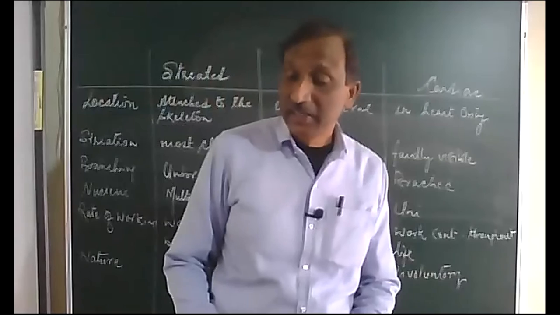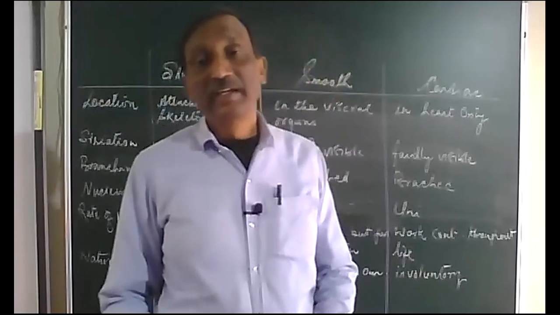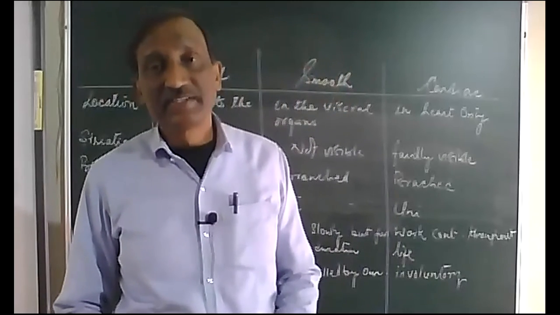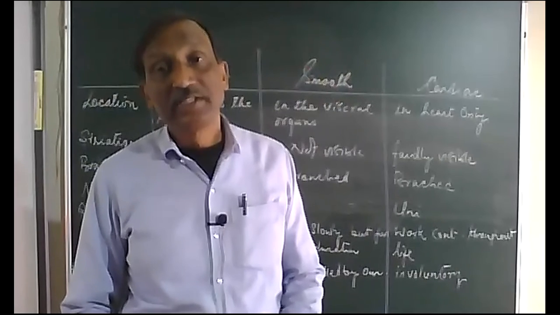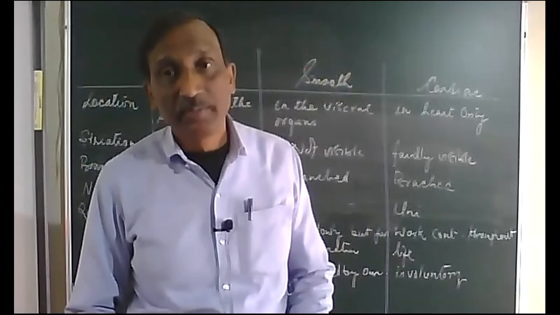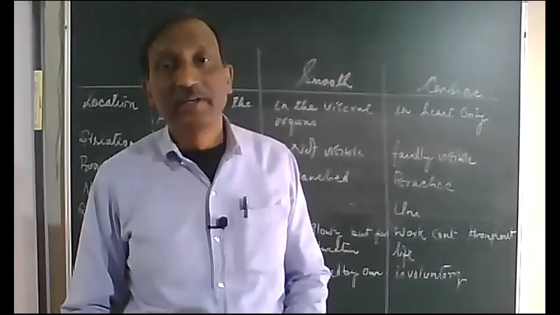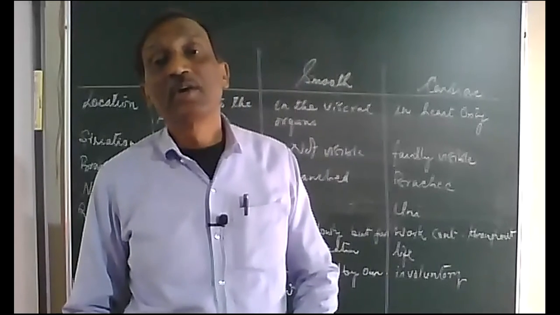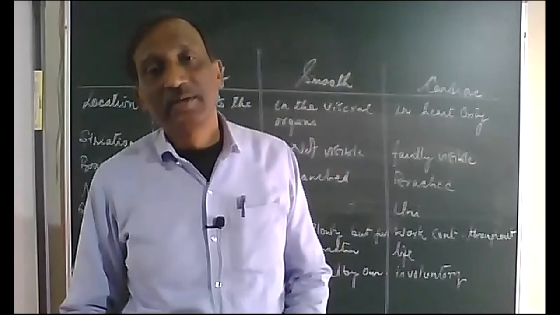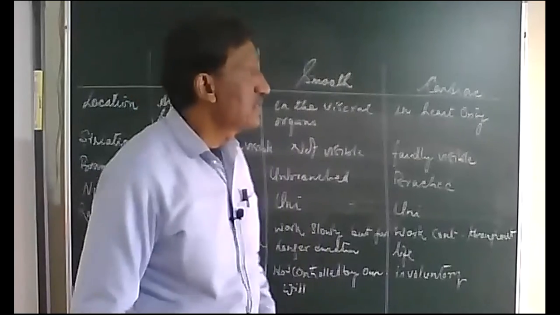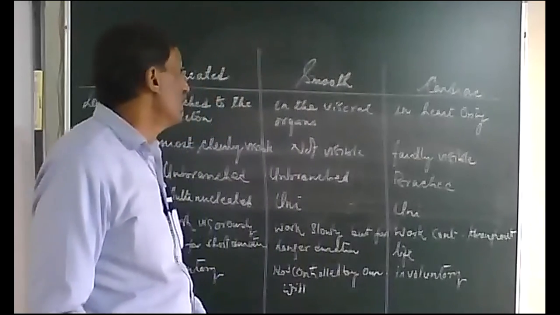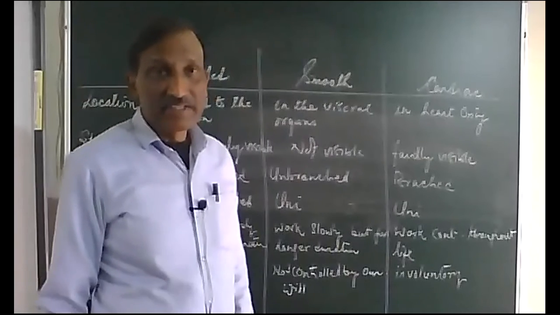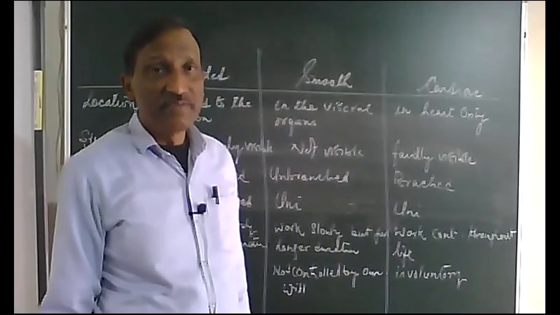So these are the three kinds of muscles, and they have different areas of working. The tongue is the only muscle which is not attached to any bone, but it is striated and a voluntary muscle, which we can move according to our will. We can make it work as we like. A strange thing. Okay, so these are the various kinds of muscles we have studied.